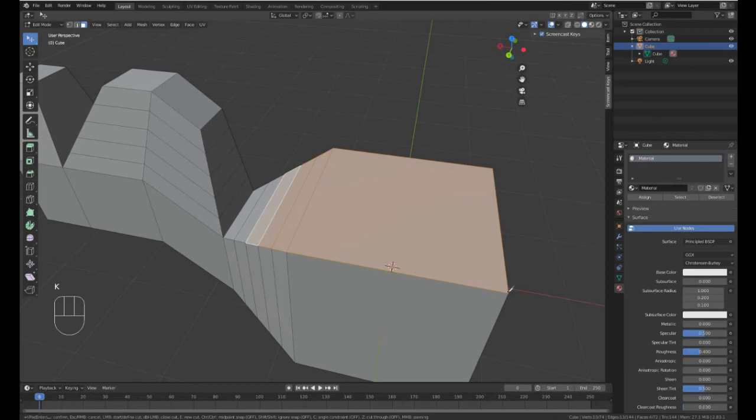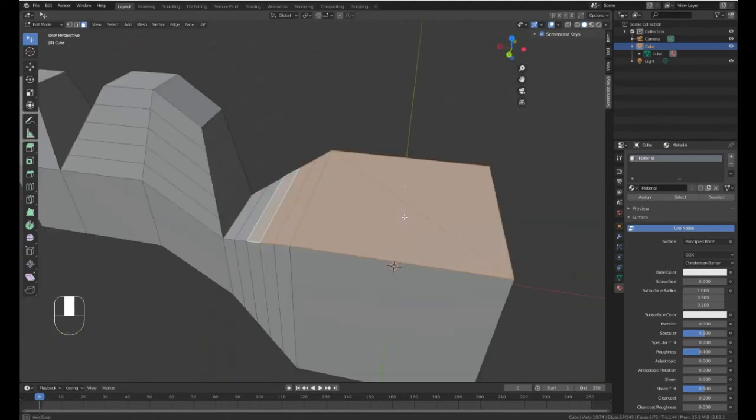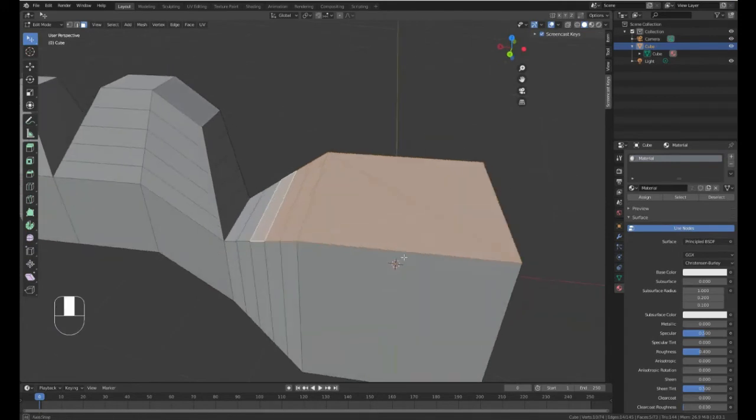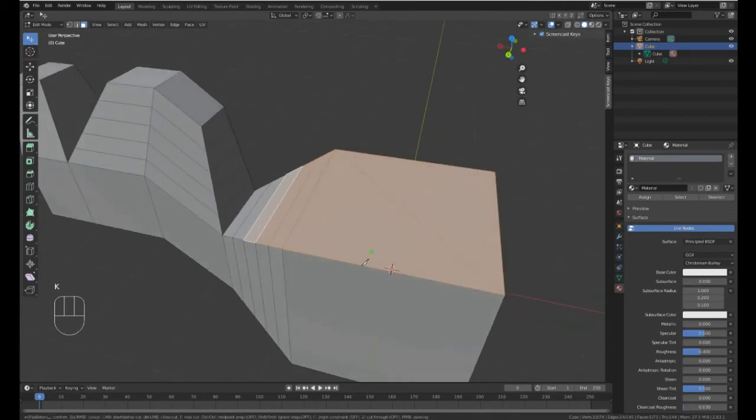If I was to hit K and go from one and then left click, if you get close enough, there's a little region where it'll snap on, which is very handy because you'll often want to cut between two vertices exactly. I can then hit enter to confirm, and that will have cut an edge, dividing that poly into two triangles. So this can also be done